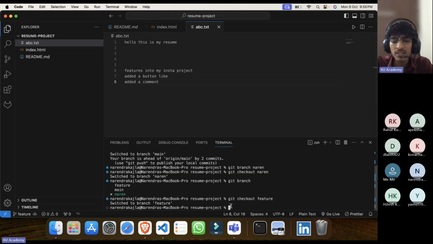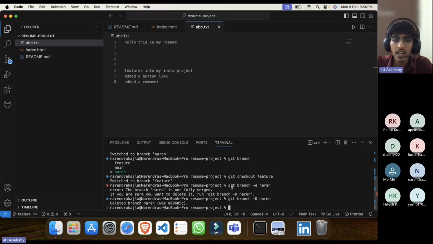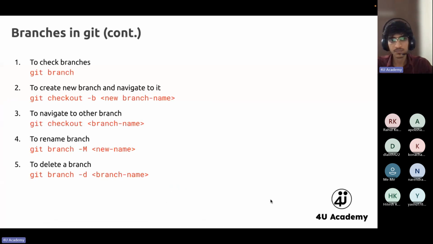If you want to delete a branch, you have to go to some other branch and you can delete another branch. You cannot delete when you are standing on it. So git branch -d and then the branch name. Sorry, I have not done anything inside this. Small d also works, but I have not made any changes so far, so it is asking for capital D. Okay, that is deleted now. So git branch again, you see only 2 branches. So this was about branches.